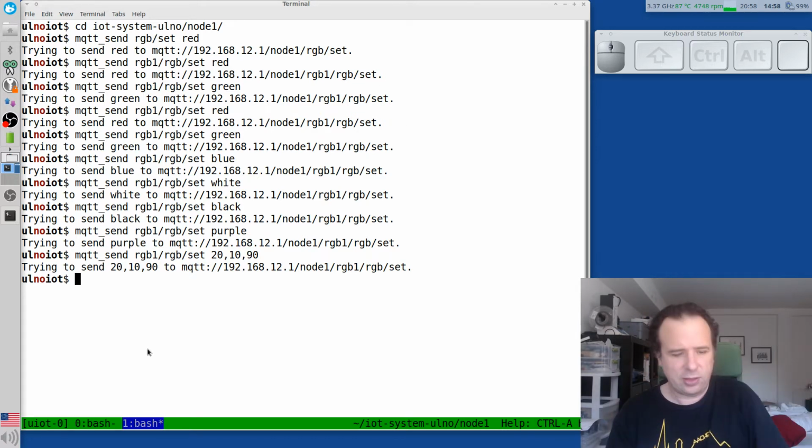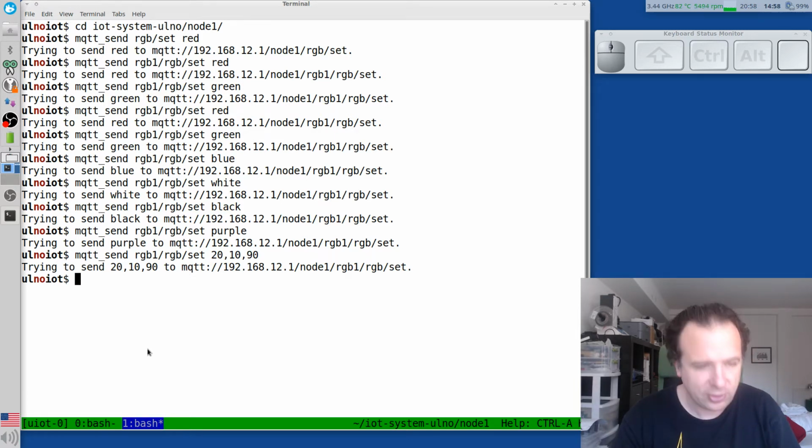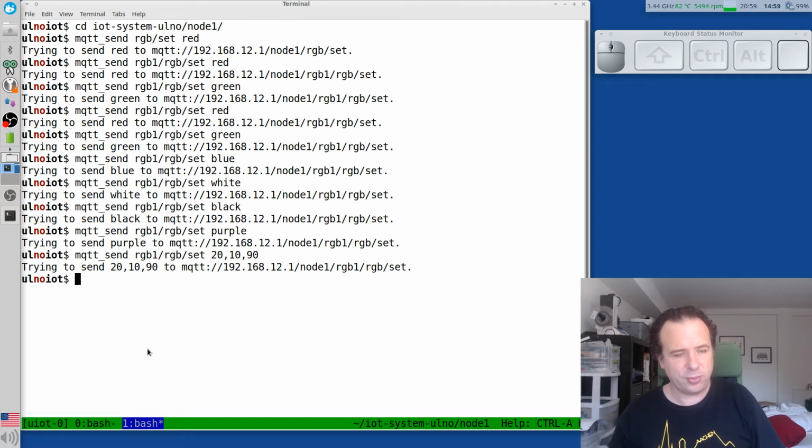Yeah, this is how easy you can control RGB lights or strings of RGB LEDs if they have all the same color. If they have different colors, there's a different command which is called RGB multi, which we will address in another of these short